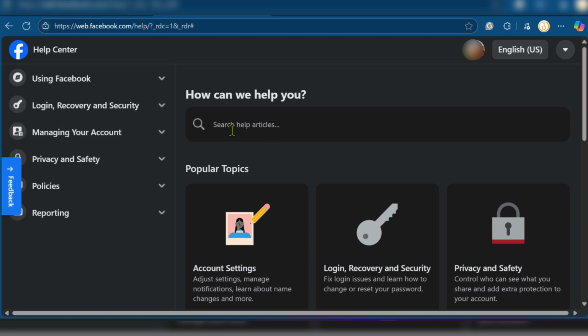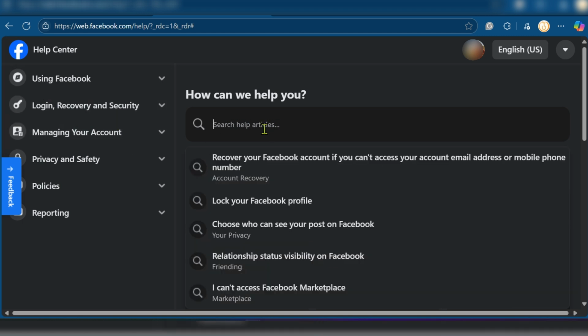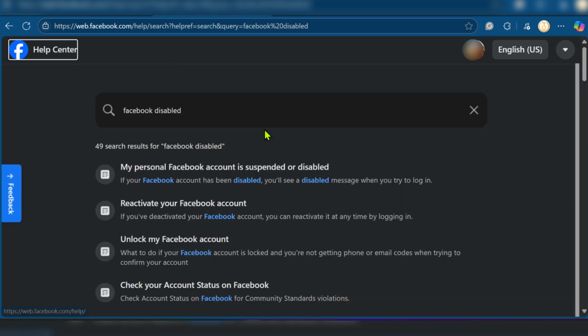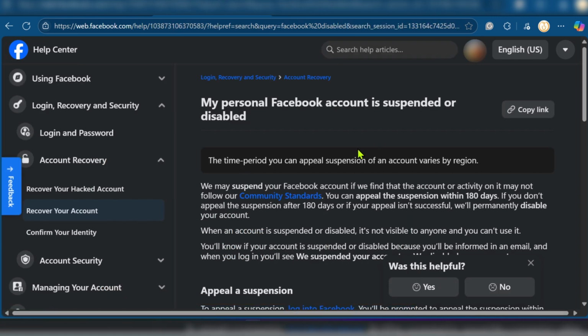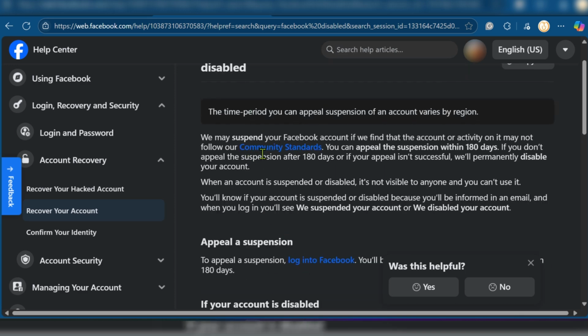You're going to use the search help articles. You're going to say Facebook disabled. And there are options here. It says my personal Facebook account is suspended or disabled. So click on it. Of course, you could go through the write-up and see if you can help yourself out